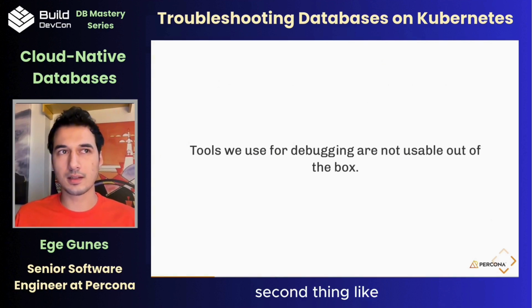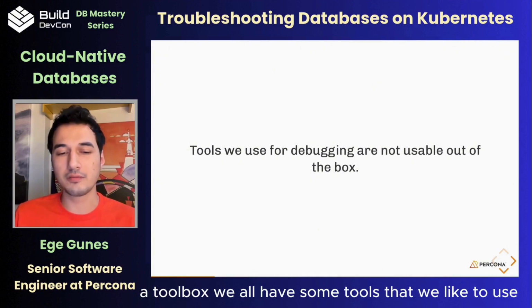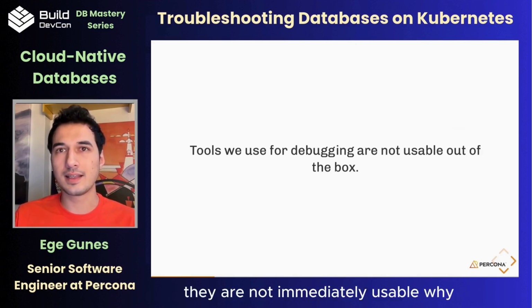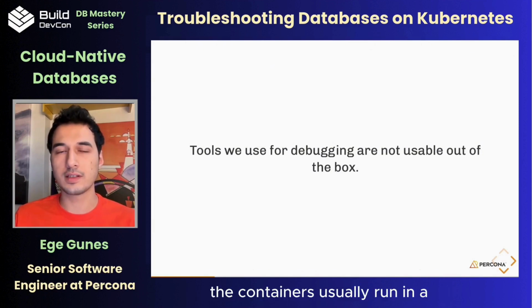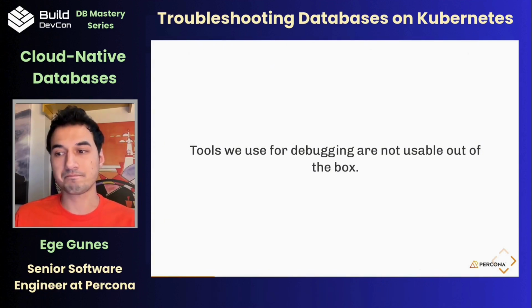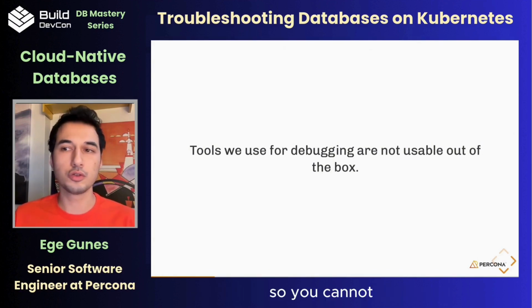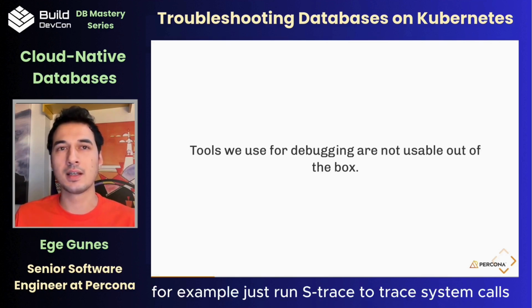Second thing, we all have a toolbox. We all have some tools that we like to use, but usually on Kubernetes they are not immediately usable. Why? Because the containers usually run with a limited set of capabilities. They are not privileged. They don't have access to the kernel. So you cannot, for example, just run strace to trace system